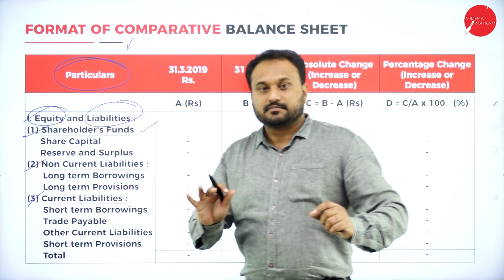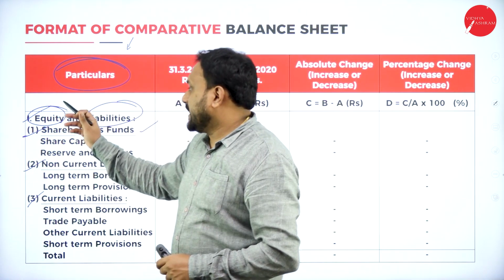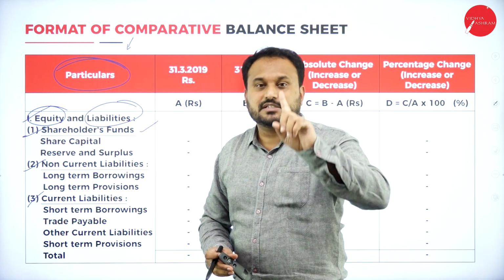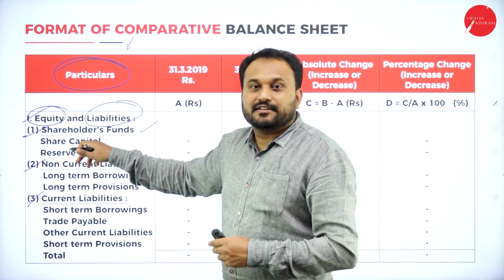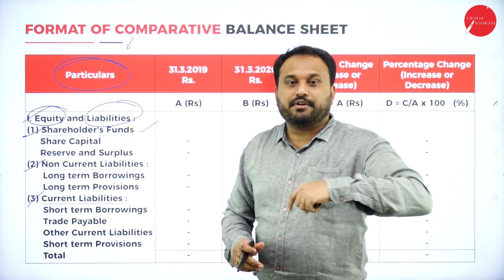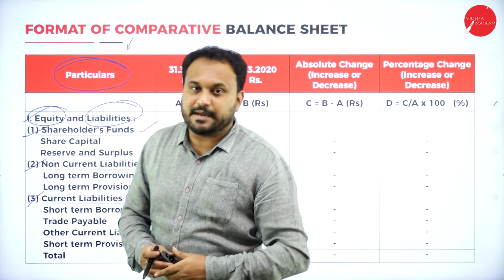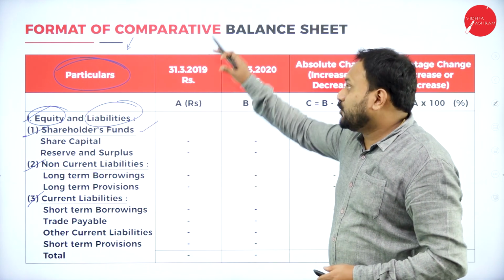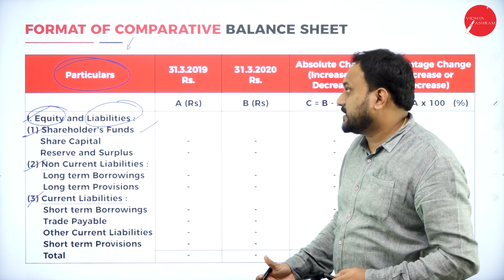Don't worry about it. So, first one is equity and liability. First we went with equity: share capital, and one more, reserves and surplus. Then we went with liabilities. There are 2: non-current liability and current liability. Then total it. Next, continue. We don't have a lot of space here, so I have gone with the next slide, but it is continuity.